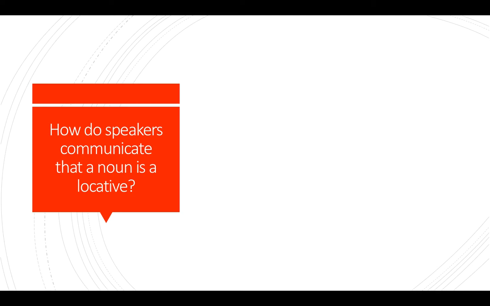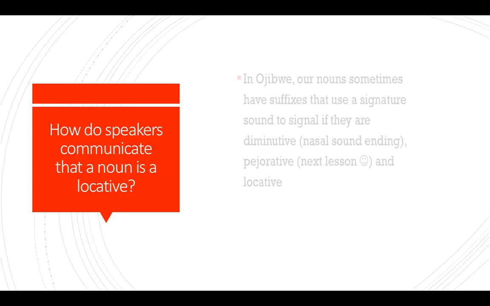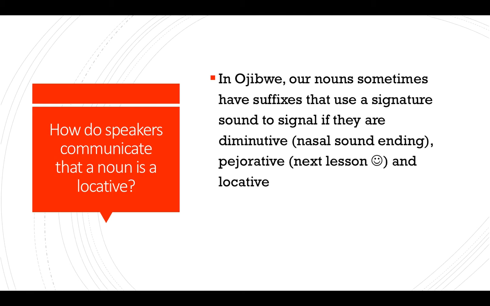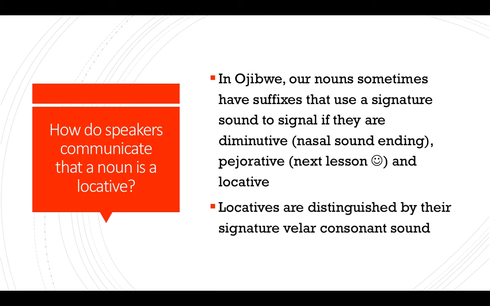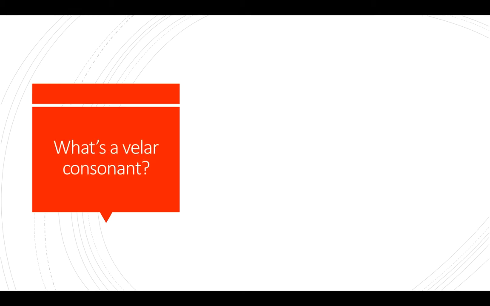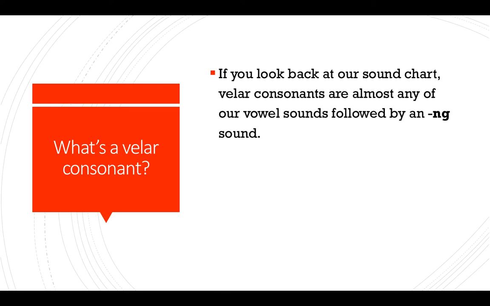So, how do speakers communicate that a noun is a locative? In Ojibwe, our nouns sometimes have suffixes that use a signature sound to signal if they are diminutive, the nasal sound, pejorative, we'll tell you next time, and locative. Locatives are distinguished by their signature velar consonant sound. So what's a velar consonant? If you look back to our sound chart, velar consonants are almost any of our vowel sounds followed by an